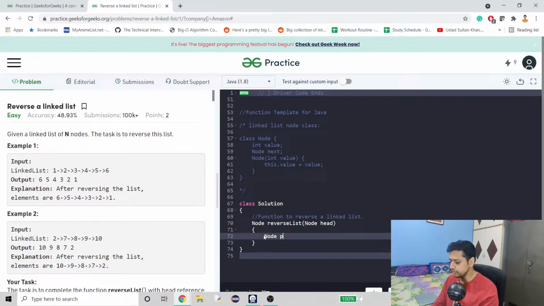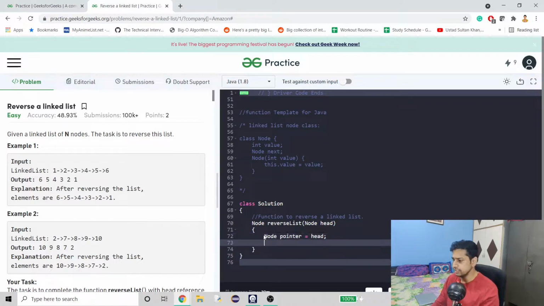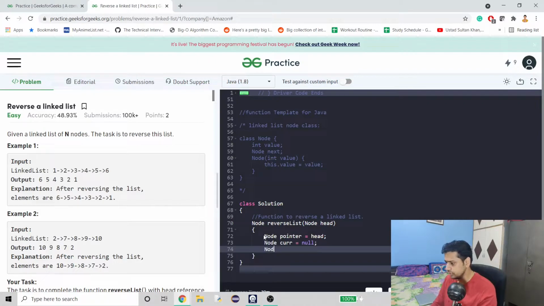So what I'm going to do is use a pointer node which is going to just have the head. It's always good to contain head in a new variable. You don't want to change that somehow, which can result in an inappropriate result. I don't know why I said result twice. Now what we need is a current, which is going to keep track of the fact that this node has this node as previous, right? So that's why we need current, and initially it is going to be null because the last node doesn't have a previous, that's why.